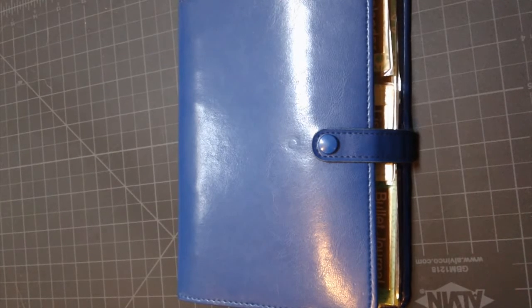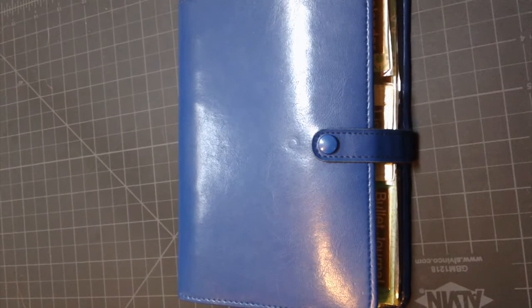So I moved back into my Filofax. Right now I have a few that I can switch on and off with, because it's kind of nice to be able to switch it out, because it gets boring to use the same one time after time after time again. So right now I picked this